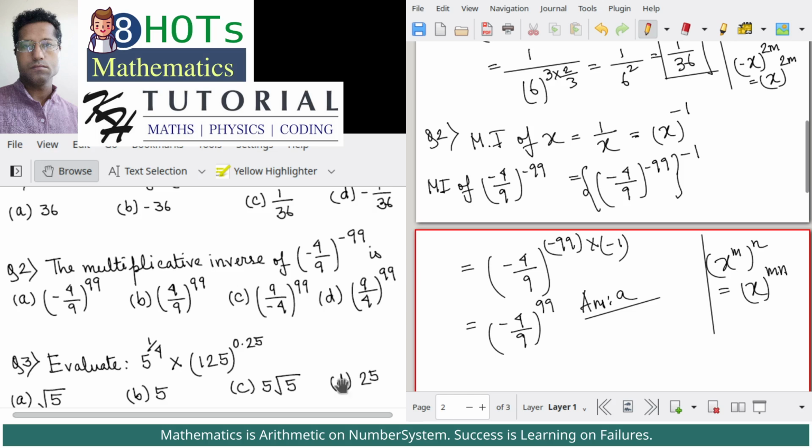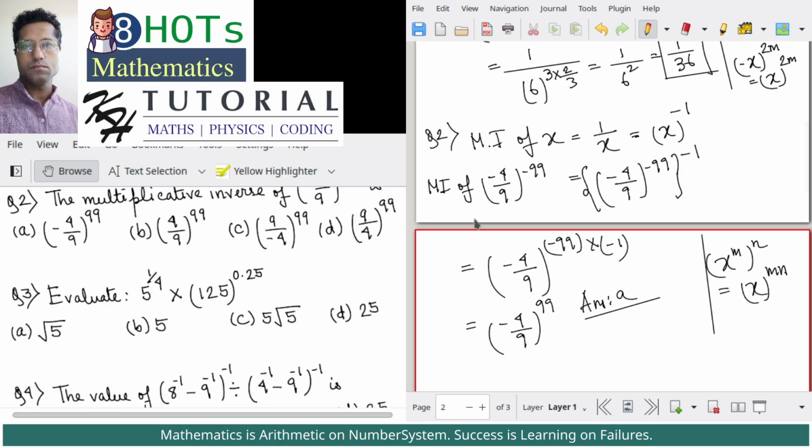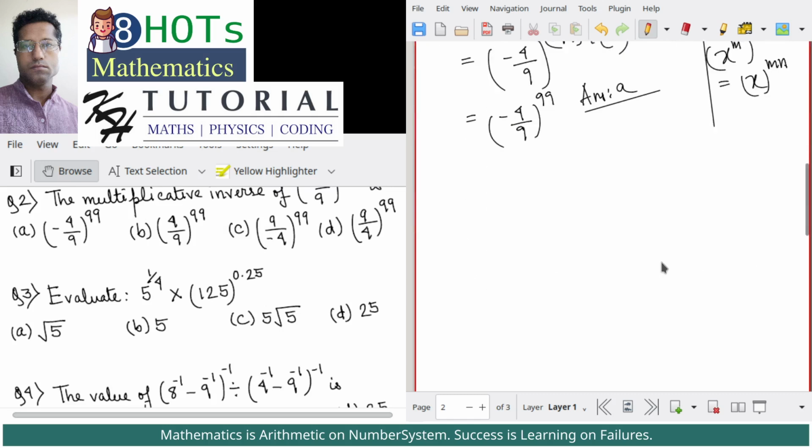Okay, let's do problem number 3. We have to evaluate 5 raised to the power 1 by 4 multiplied by 125, this whole raised to the power 0.5. Now whenever you have a decimal number as a power, always convert that to a fraction or rational number. So this is 5